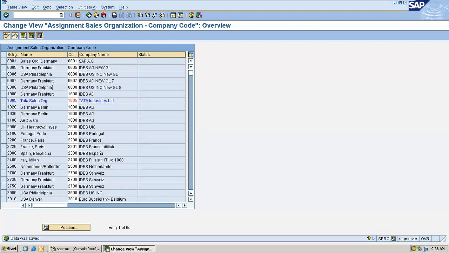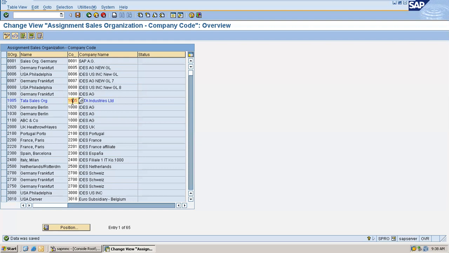And when you create it new without copying, then your company code field will be blank like this. Earlier there was no 1005, right? I have assigned 1005 here.